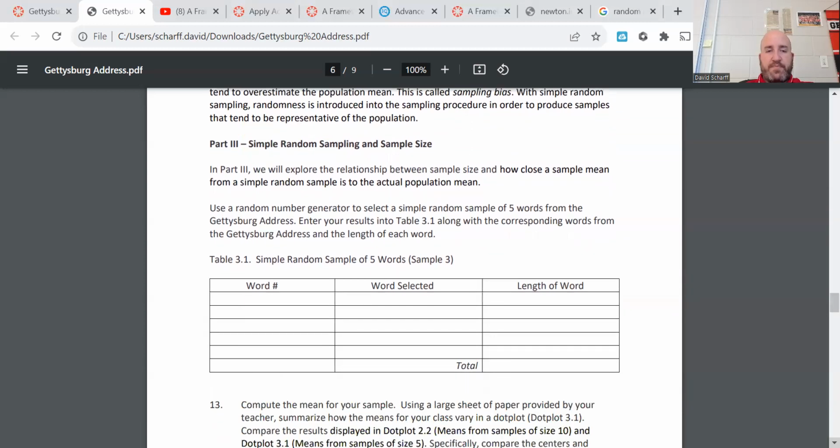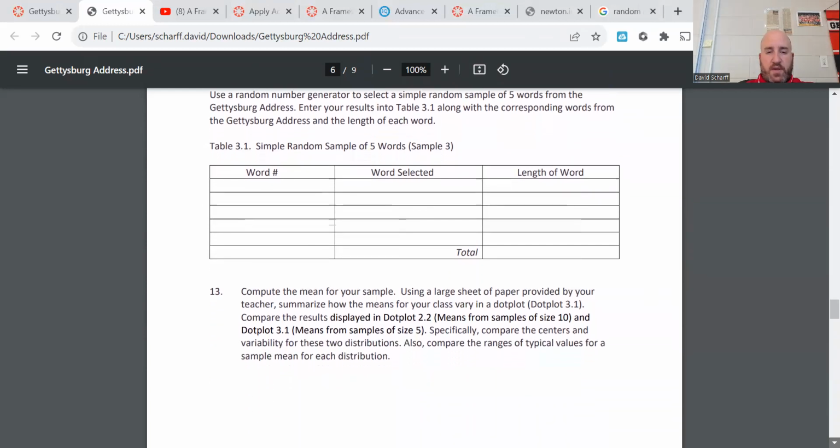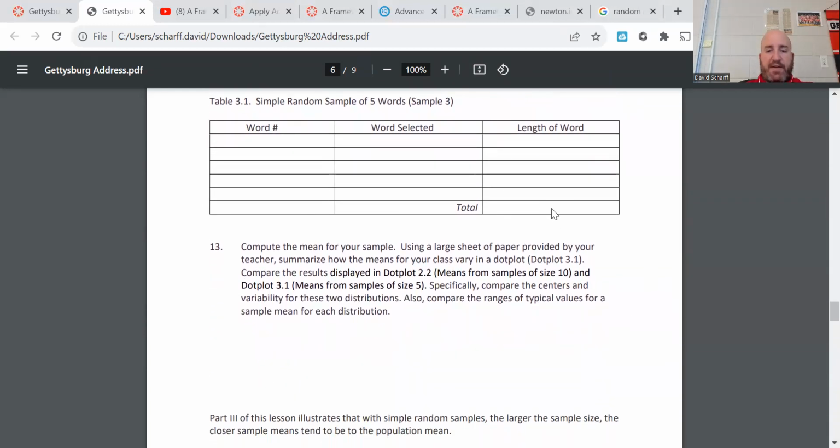Part 3, again, you're going to go back to the random number generator and you're going to get 5 more numbers, which are going to go here. So you're going to get 5 more numbers, go to the chart, pick out the words, get the length of the word, compute the mean. Now we're going to divide it by 5 instead of 10 because we only got 5 words. And we would make another dot plot. So you need to write the mean for number 13. You don't have to write anything else, but